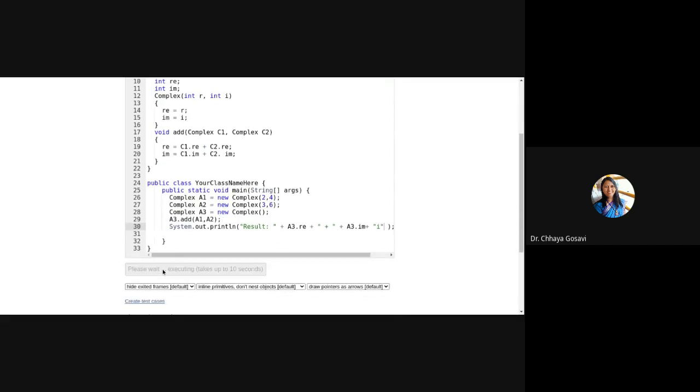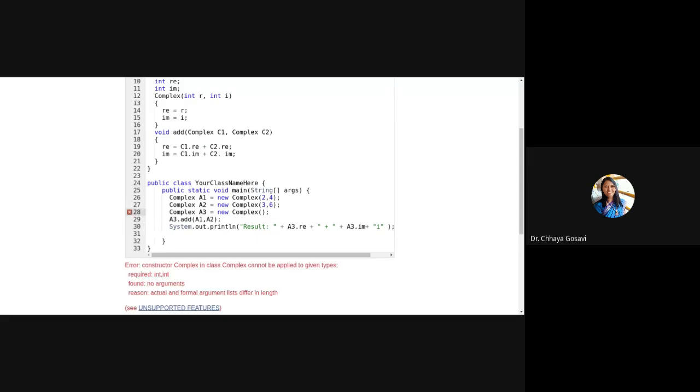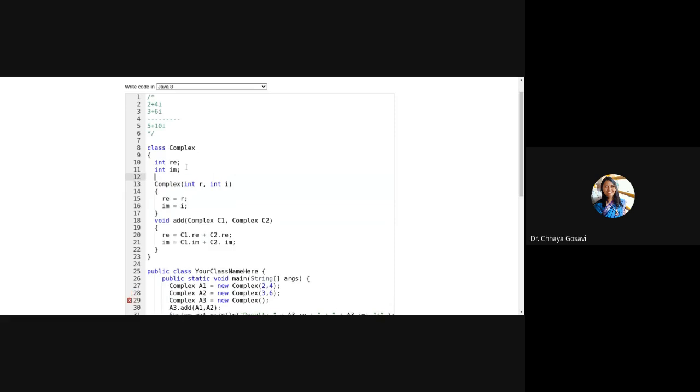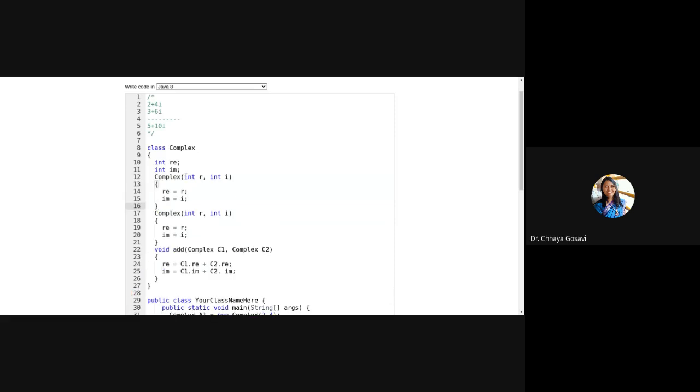So when I visualize it, okay, I need to provide a default constructor, which will initialize real and imaginary to 0.